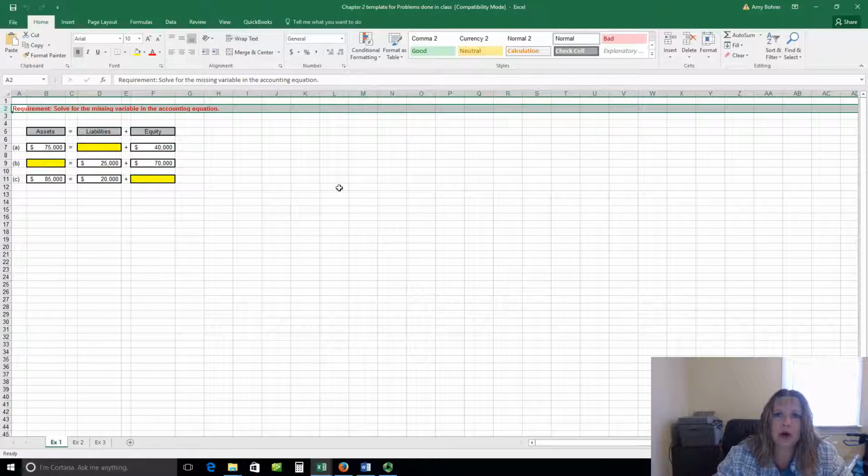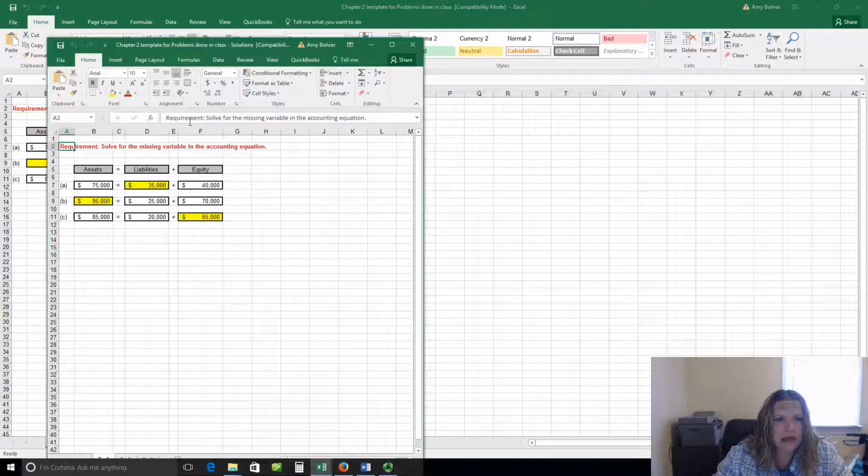This is what's known as a workbook. And then each one of these is a worksheet. So when you open up Excel, make sure you're looking at all the tabs down here. So solve this initial one, and then you can look at the answers and see if you got it right or not.